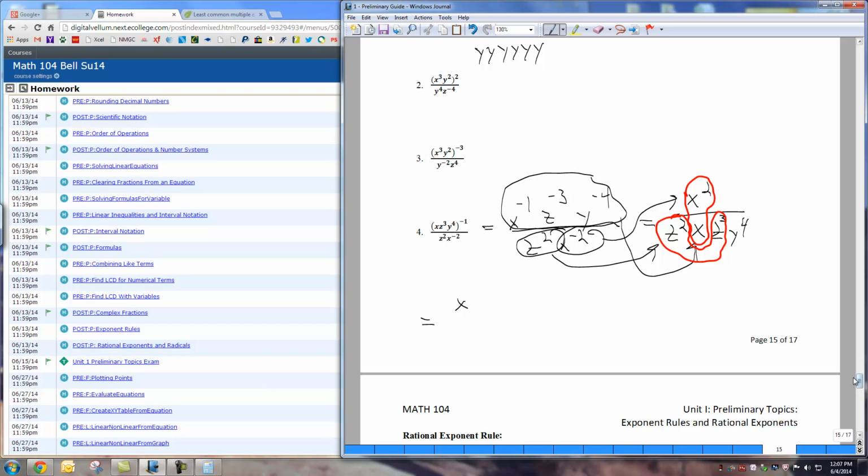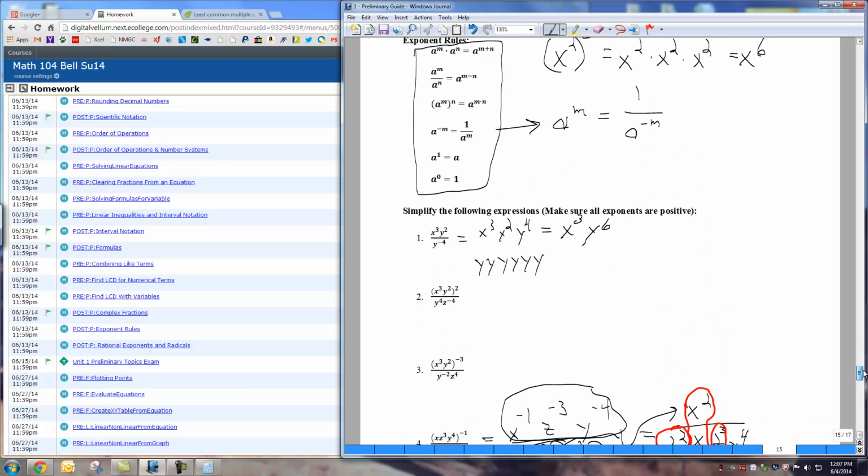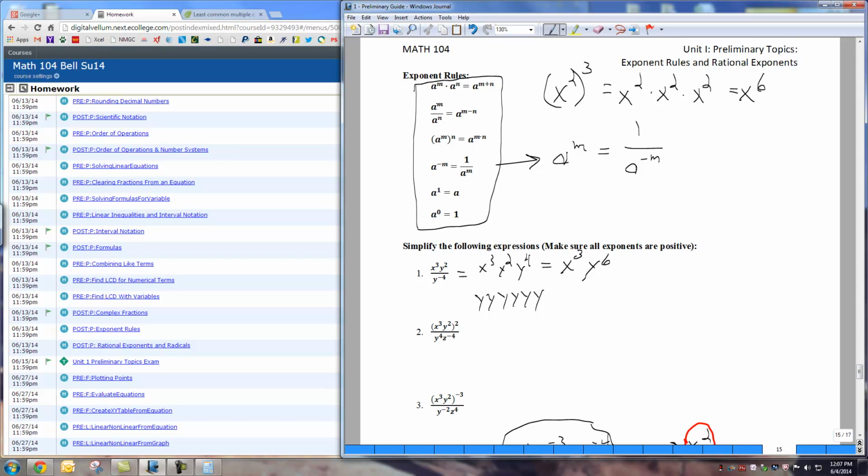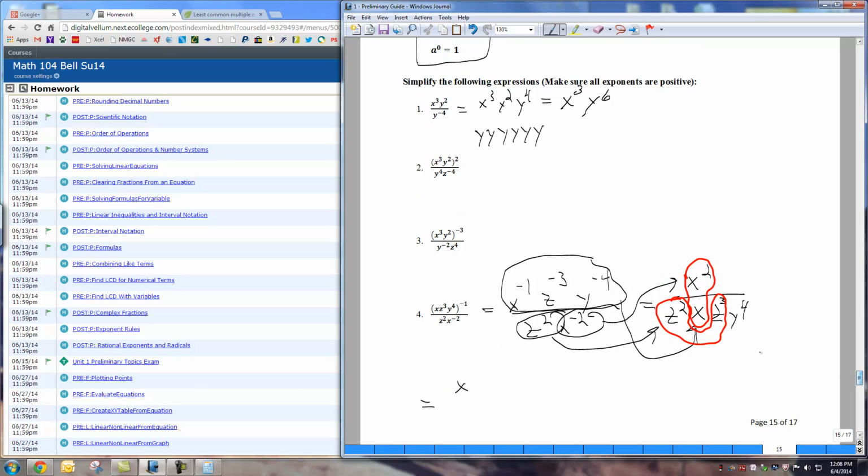And a nice example of that is right here. This one. So I have a to the m divided by a to the n. Basically, this is going to come up and become a negative exponent. So I have a to the m times a to the negative n, which then becomes this. If this n was negative here, this would be a to the m minus n. So I'm doing 2 minus 1, which is just 1. So in the numerator, all I have is an x